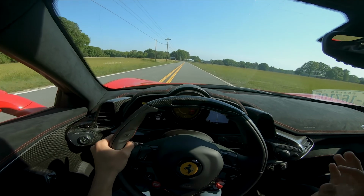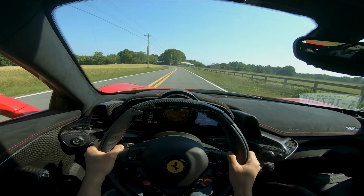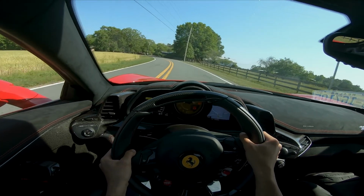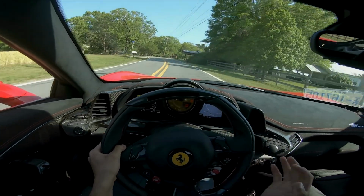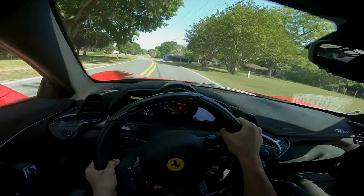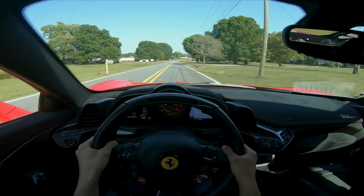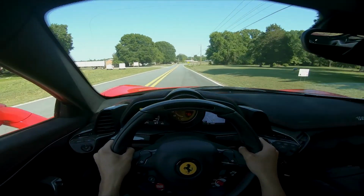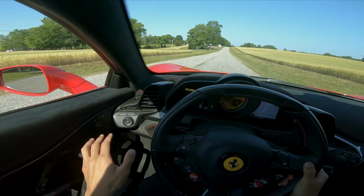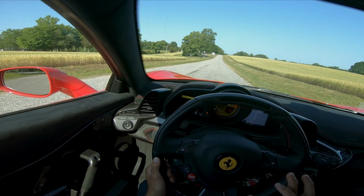Turns in this car, comparing it to the standard 458, the suspension tuning and the steering is definitely a lot more refined. It's a lot more sensitive and you're able to feel a lot more of the road. I don't know if that's just because you're able to hear more because of more exposed carbon, or it actually is a lot different in terms of tuning, but there is definitely a significant difference between the Speciale and the regular 458. So the biggest difference with the Speciale are all the exterior bits. So we're going to go outside right now and show you all the different pieces that this car has that